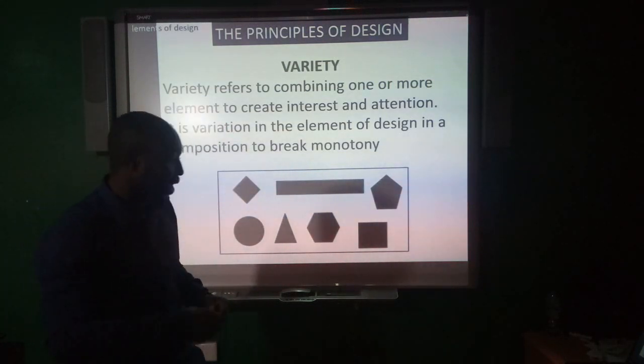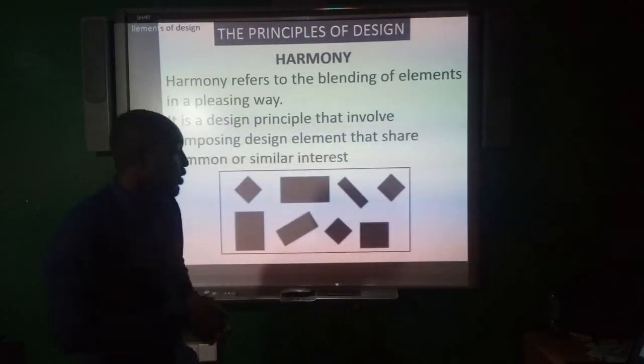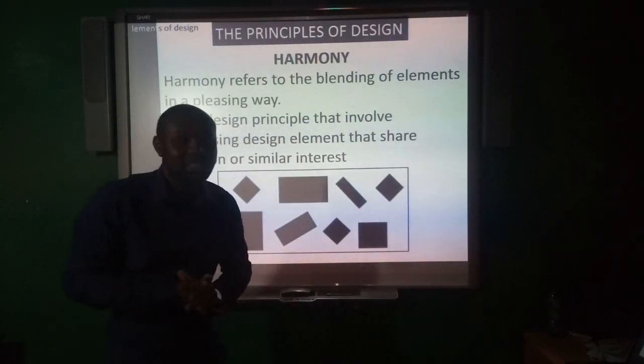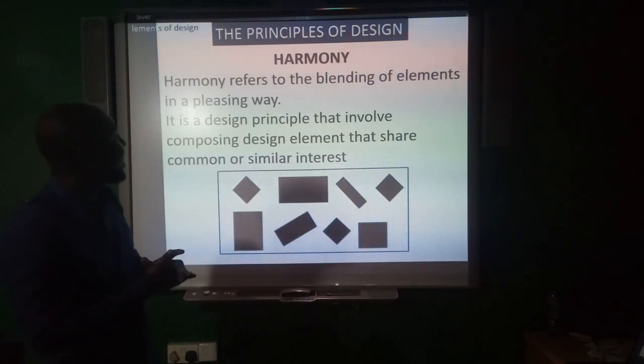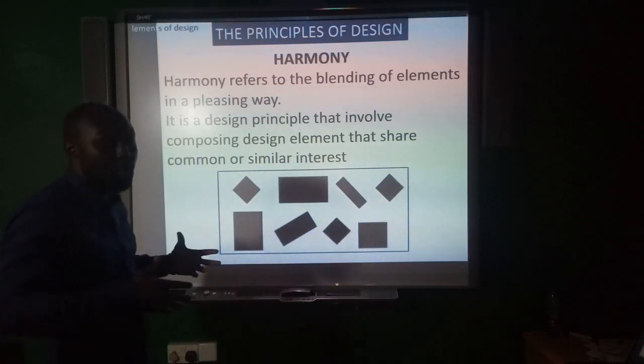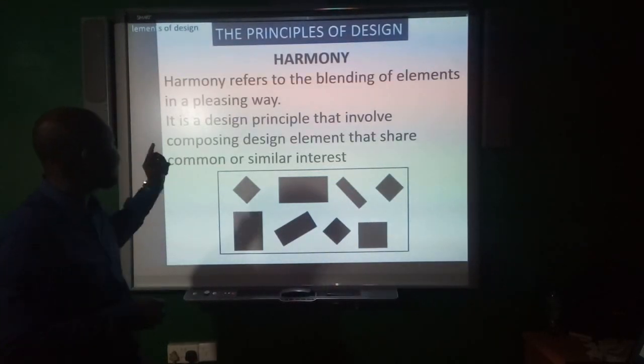Let's look at another one. We look at harmony. So harmony refers to the blending of elements in a pleasing way. It is a design principle that